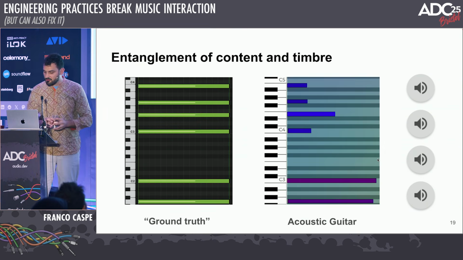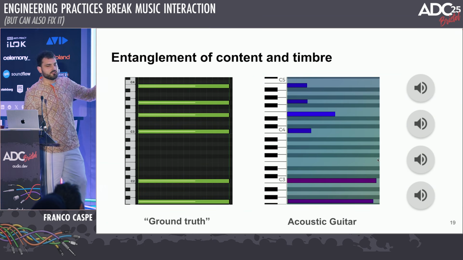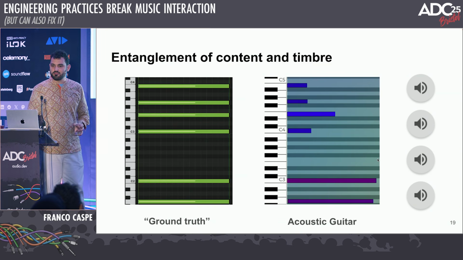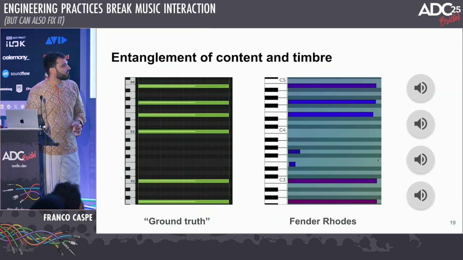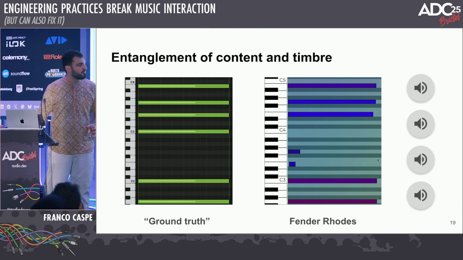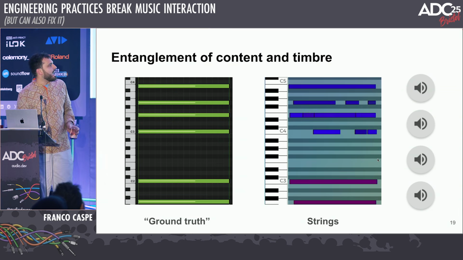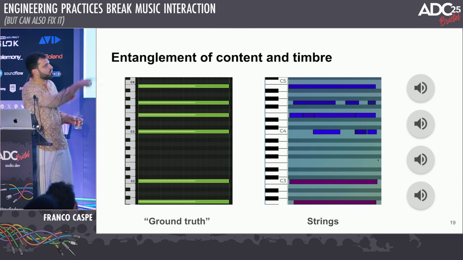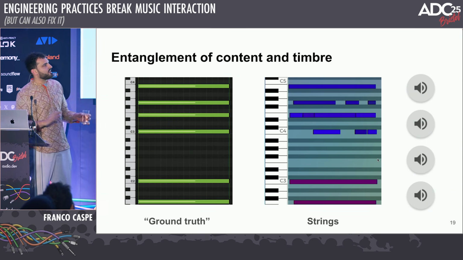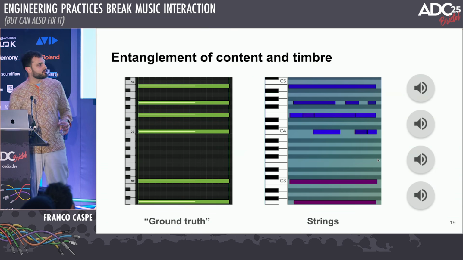So if we take a look at the acoustic guitar, this state-of-the-art MIDI tracker actually seems to have captured all the notes, but not in their full length, right? If I take a look at the Fender Rhodes, well, we have one missing note there, the C4, and then we have two notes out of nowhere, kind of like ghost notes that appear, right? And the strings, well, you have some phase cancellation when you render all the strings at the same time. So everything is done in the default settings, right? What you have there is a bunch of notes that come off and on.